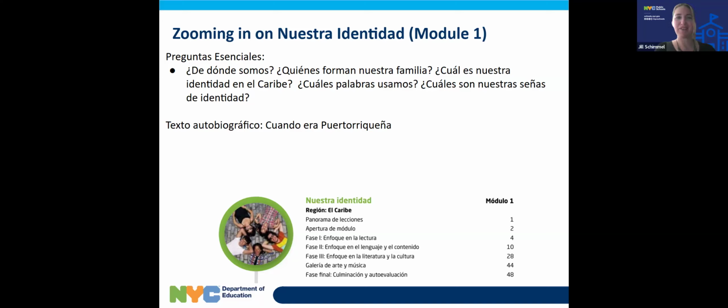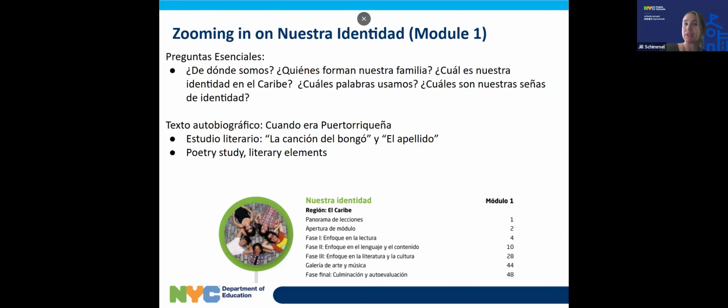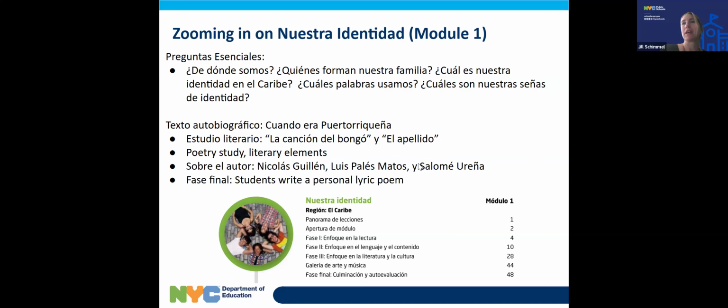And that is a really meaningful thing for students to have comprehension questions by each section. So you can think about that, what you might do in future modules. And then you get into names, right? That's really important stuff, really important for identity. And then poetry, and then poems, and their fase final, they're working on a poema lírico, okay?